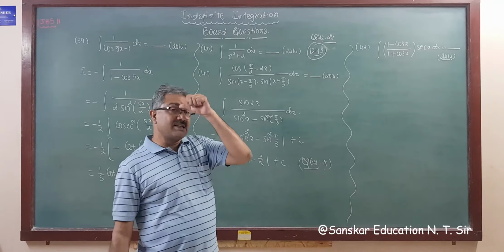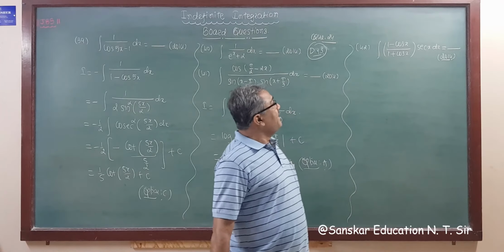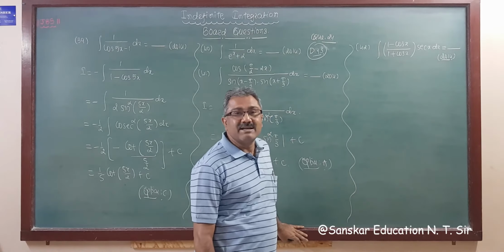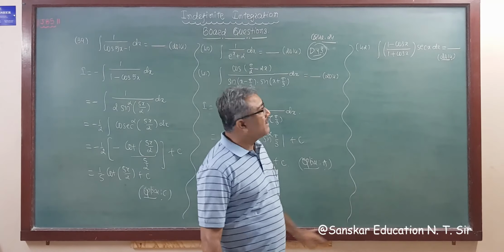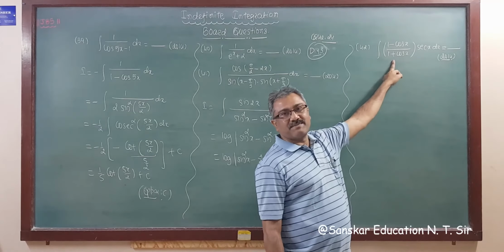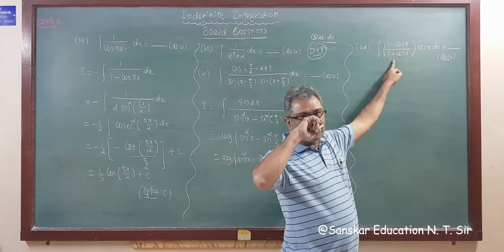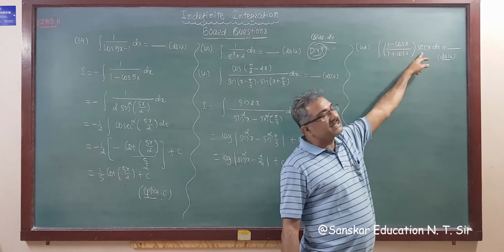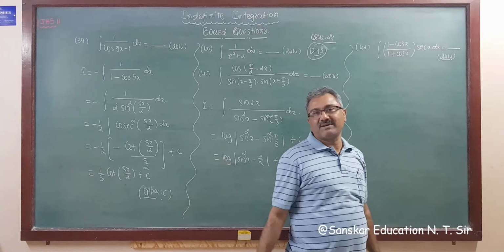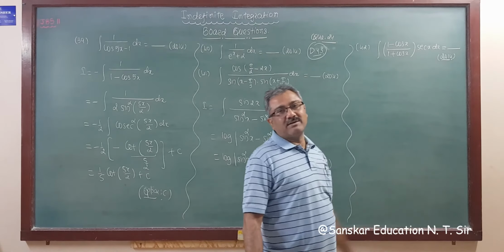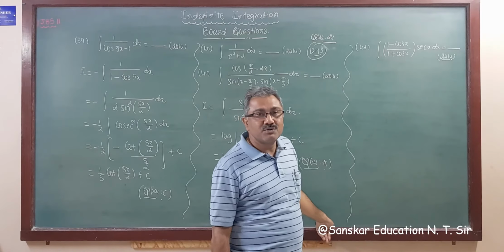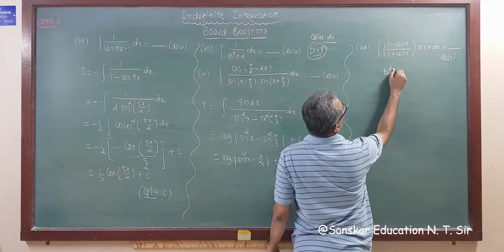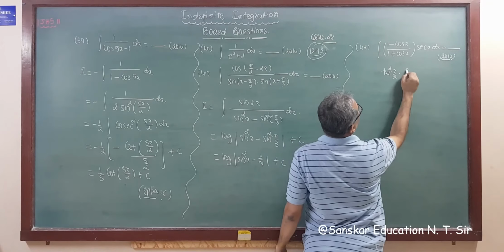Right? Now this question: integration of (1 minus cos x upon 1 plus cos x) into sec x. It's a nice question. If we take the formula of tan square x by 2, 1 minus cos 2 theta upon 1 plus cos 2 theta is tan square theta. So here this is tan square x by 2, then this is sec x. So one is a full angle, another is a half angle, and this is in cos full angle. So it is difficult to simplify, right?